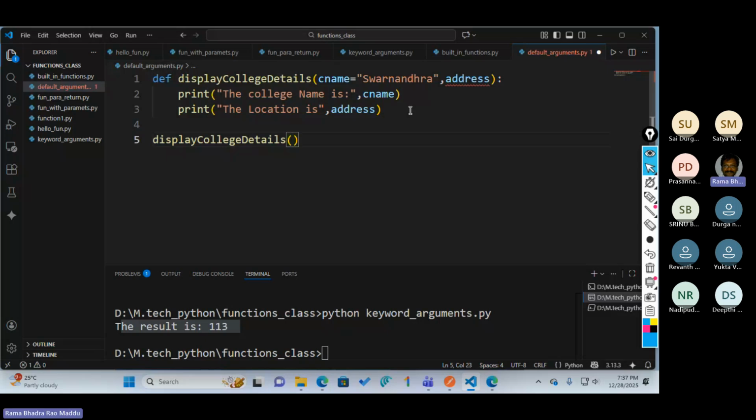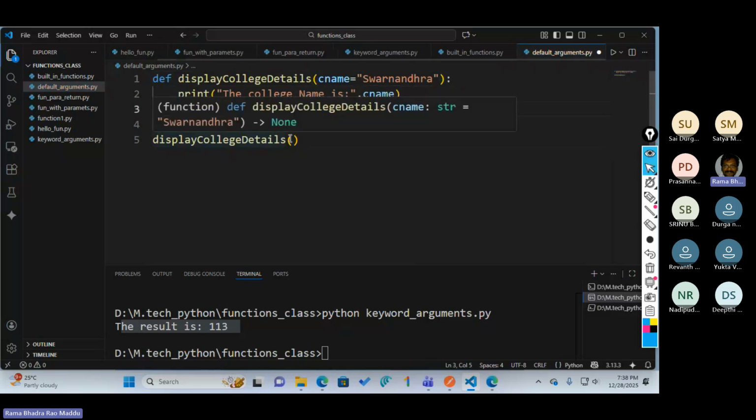For example, if I did not provide it, so first in this case we need to understand 2 points. Why the address is giving error and what is the default one. Okay, so first of all I'm reviewing this and I'm explaining the CNAME. Later I will add it. Okay, so what is the default